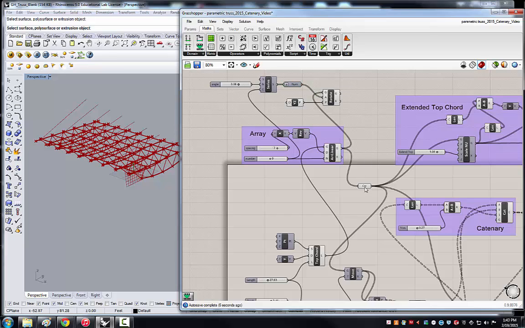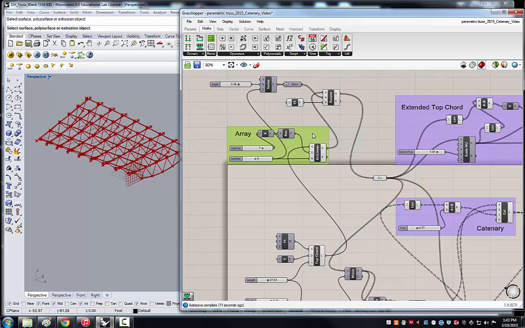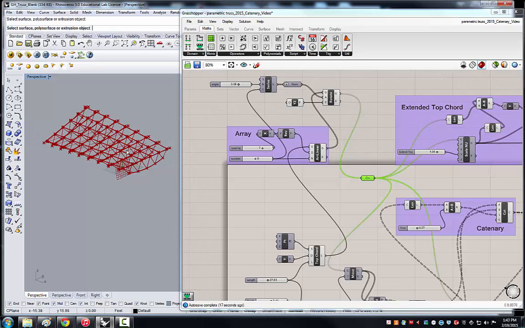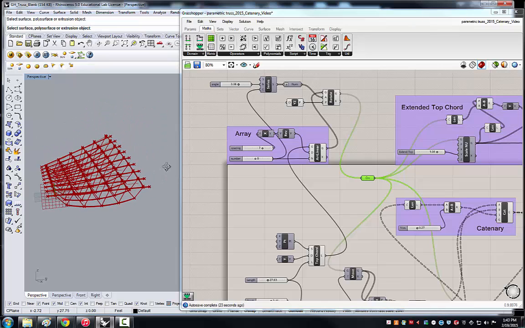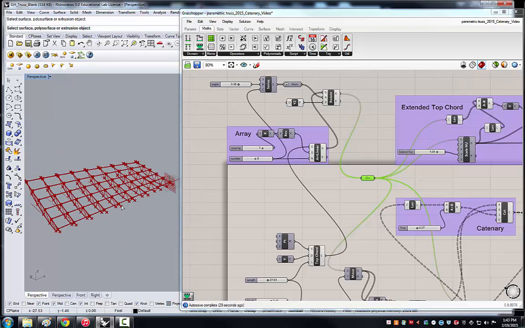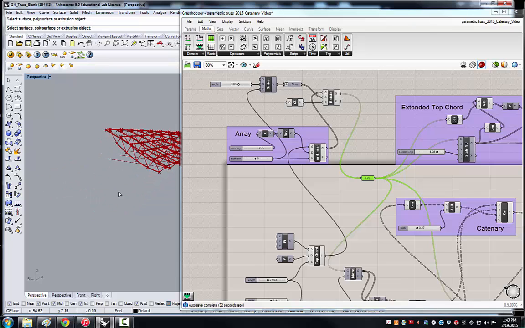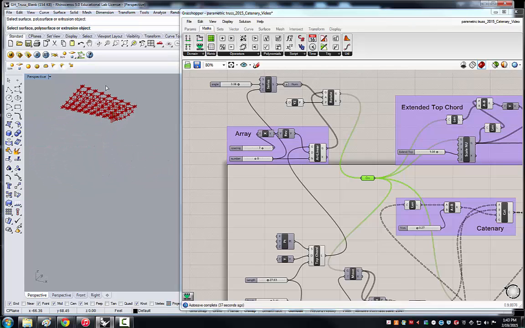And now I need to take the output of that and substitute it for the simple array into this curve bucket down here highlighted in green, so that now the top chords are the ones that are arraying and rotating, not just arraying, are the ones flowing through this curve bucket onto everywhere else that they need to go. You'll see in the visualization here on the left that the original top chords underneath are visible as lines or curves, and I'll zoom in here in a minute so that you can see those. There's a series of horizontal top chords under there, but the overall system now is following the rotation that we've